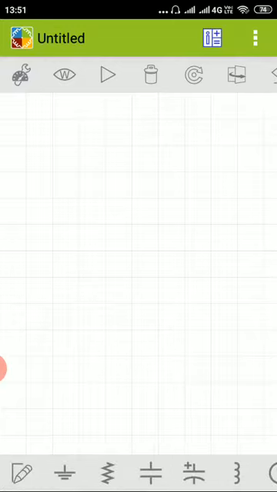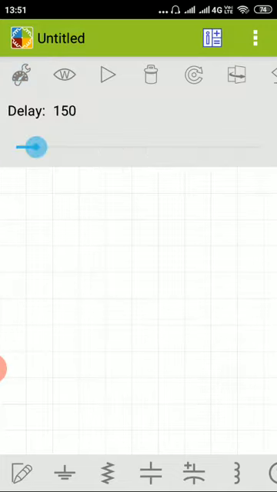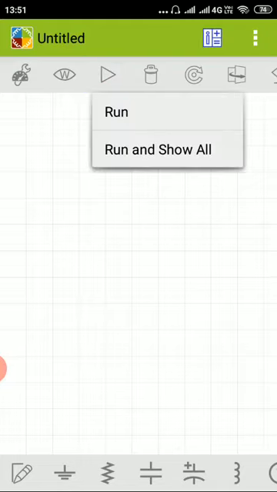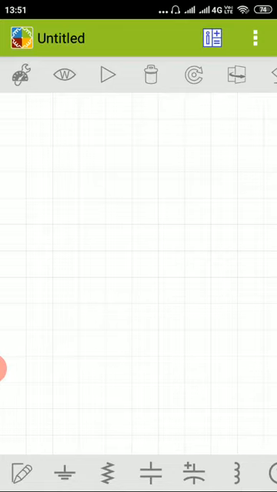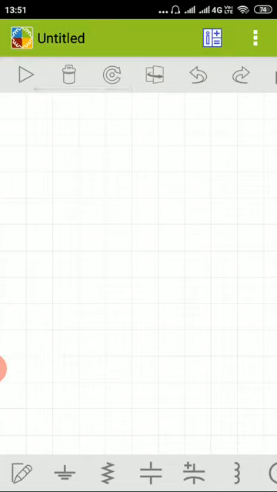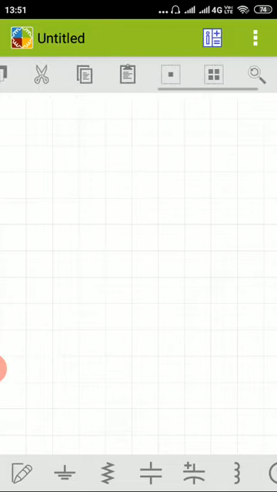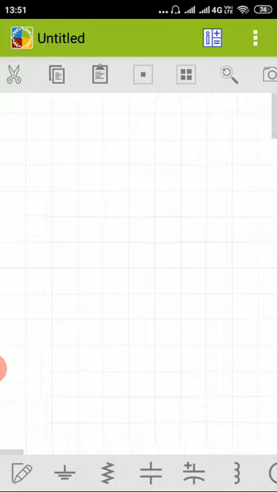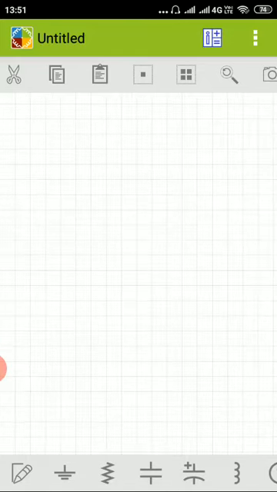Similarly, on the top side we have various tools available. We can set the required value of components using this, and we can set the voltage or current values display from the next option. Then we can have a run stop option using this. Then we have a delete option. Then we have a rotate option, redo, undo, copy, paste. So like that we have various options available here. So let us try to understand this simulation tool with some one example.